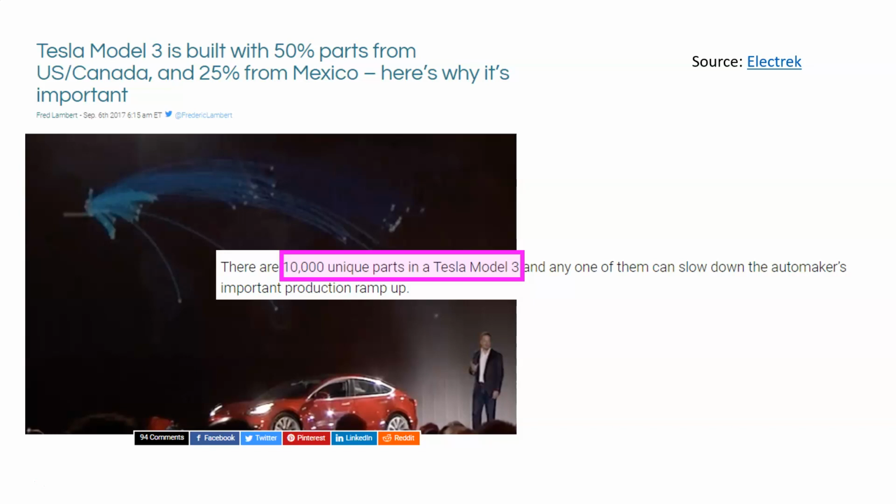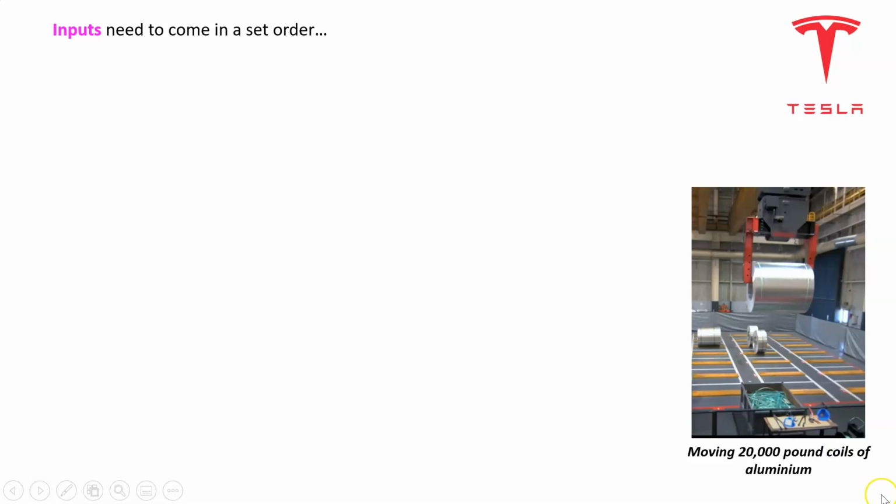and so on. But for Tesla, given that there's so many parts, that's going to make it very important that the business forecasts correctly. And part of that is that the parts need to come in a set order. When we looked at the technology strategies for Tesla, we saw all these different technologies being used, and that's because these cars are made in a set order. So the first thing was this big coil of aluminium. That represents a car. A car is going to be made from that. Well, we need that first